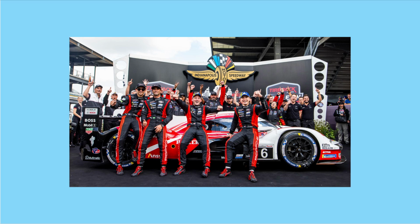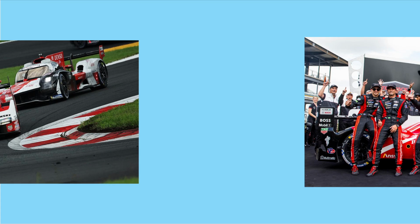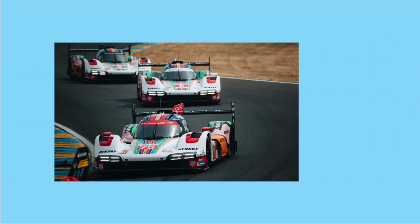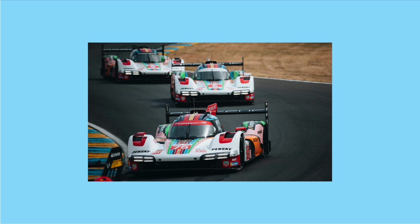The 963 took victory in the IMSA rounds at Road America and Indianapolis and picked up a podium at Fuji Speedway after the number 6 car fought for the lead. The IMSA number 6 car was actually in contention for the championship going into Petit Le Mans, but a multi-car collision close to the start of the race, as well as sustaining additional crash damage, meant that those chances fell by the wayside. As you can tell, Porsche, particularly the Penske run cars, had a very mixed bag of a